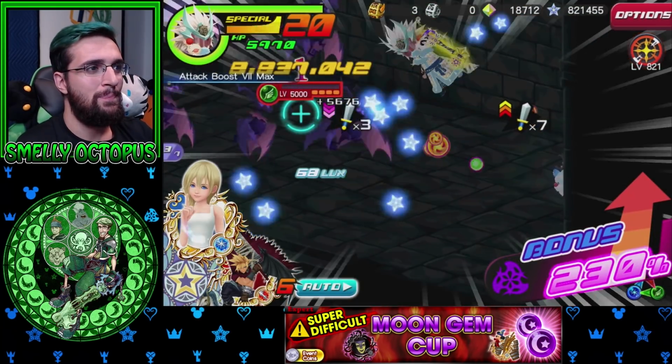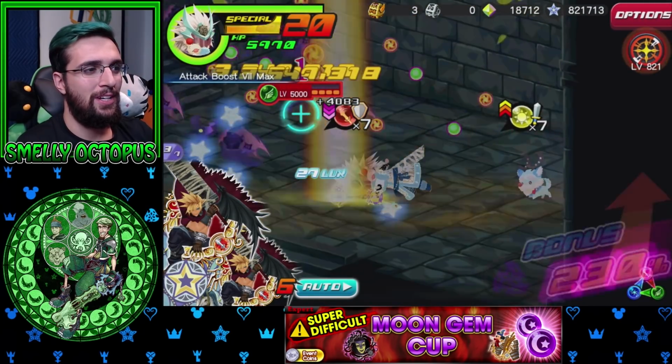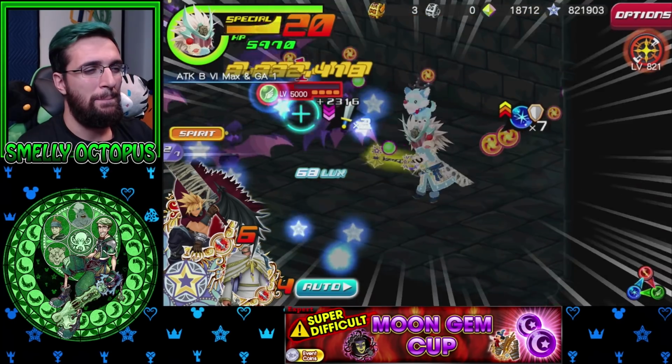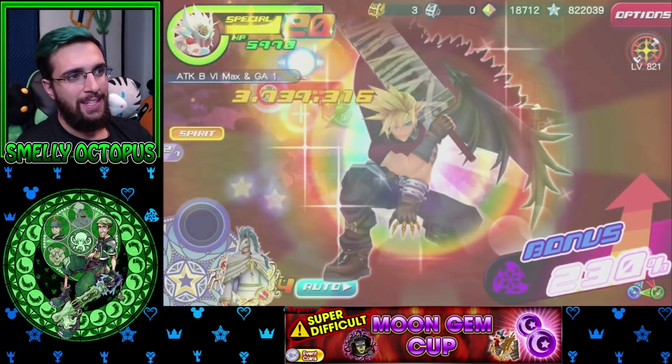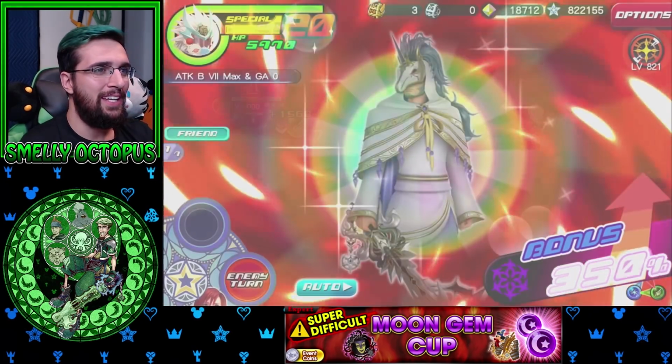6,500. I don't know, man. I don't know. My Cloud is good, but how good can he be? Come on, Cloud. You're like the carry of this. The extra attack on Cloud might be able to pick this up. No, it doesn't look like it. It doesn't look like it, and I can't even use... Oh, maybe if Era had extra attack on my build...